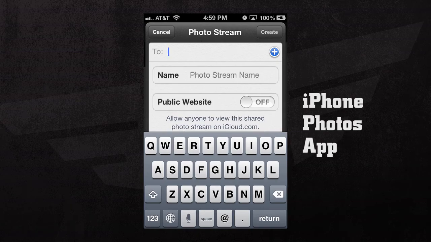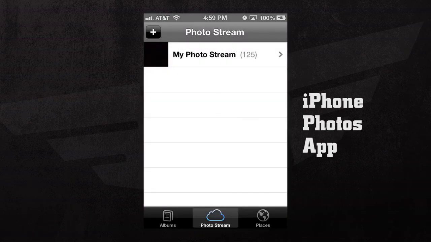If we press the Places tab, here we'll see all of the geotagged photos that we have in our album, and we can see where they were taken. If we press on this one button,